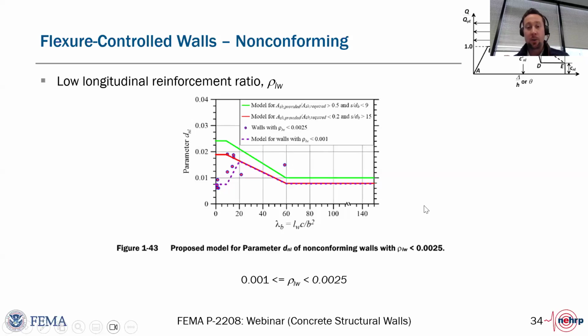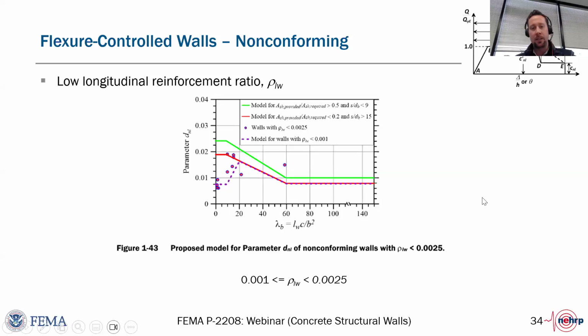I was one of the loud voices in the working group that really pushed hard for saying we shouldn't have a step function, ideally. We should offer recommendations for when you have lower reinforcement ratios. Generally speaking, there's a little bit more lenience or variability offered now, and you can go all the way down to 0.1%. But there are some footnotes that got added ultimately in the provisions in ASCE 41,